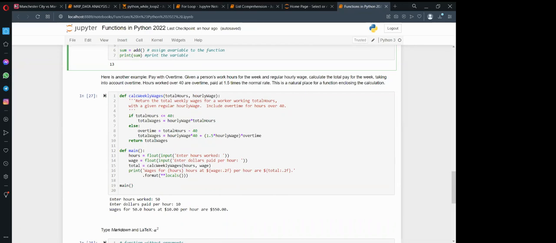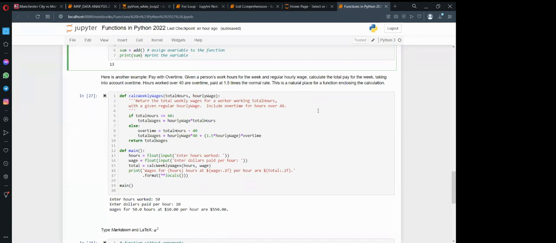One is just specifying the calculations which you need to do. We have an example of pay with overtime. Given a person's work hours for the week and regular hourly wage, you calculate the total pay for the week. You take into account overtime: hours worked over 40 are paid 1.5 times the normal rate.